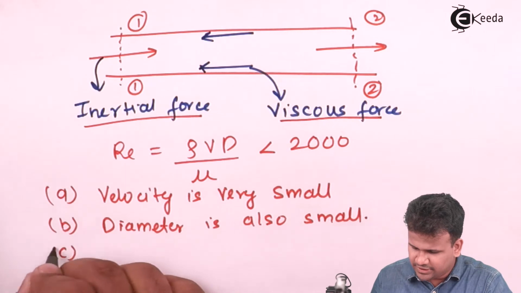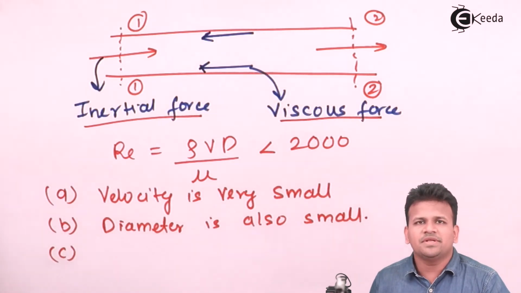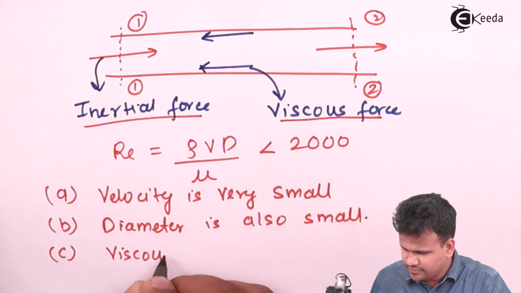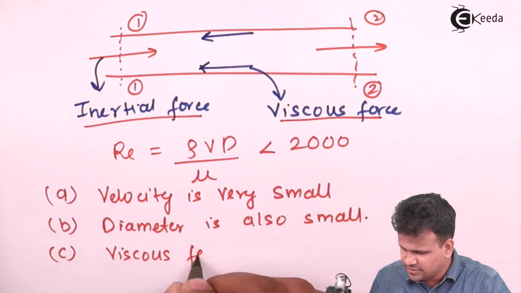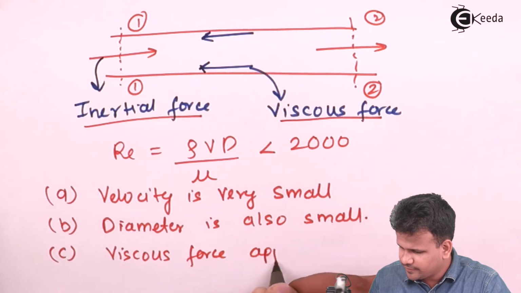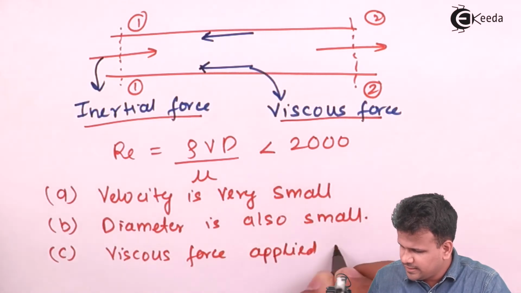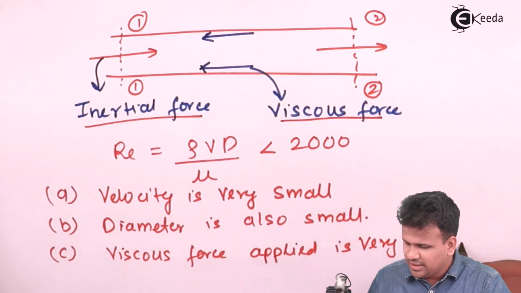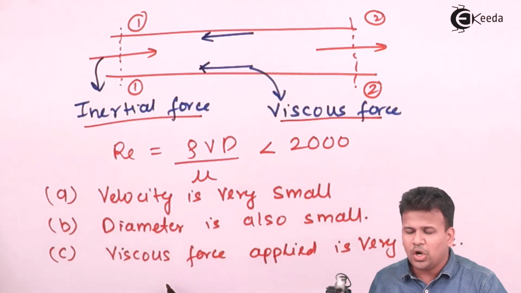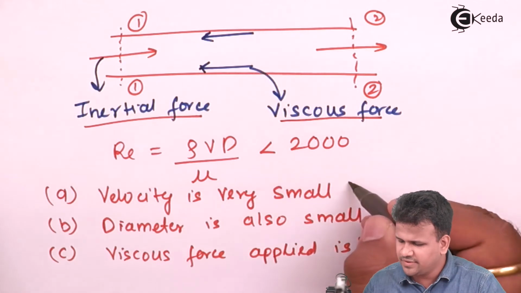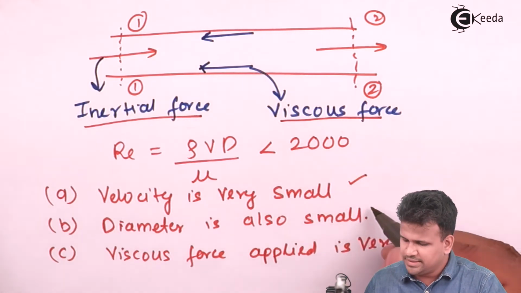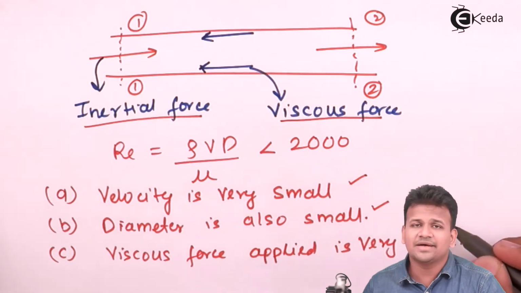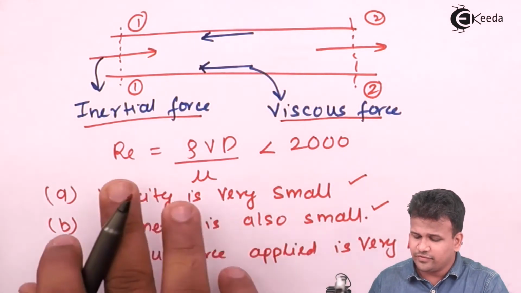And the third condition for laminar flow is that the viscosity of the fluid, or viscous force applied, is very large. So, if a fluid satisfies all these three conditions, that it has a very small velocity, a very small diameter, as well as a very large viscosity,